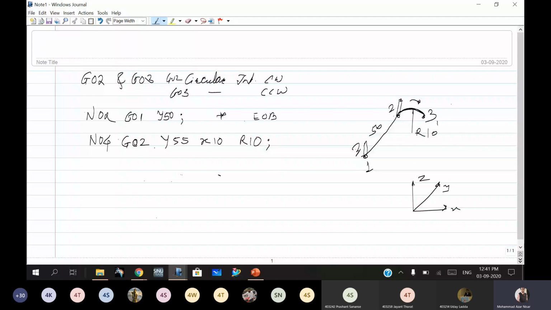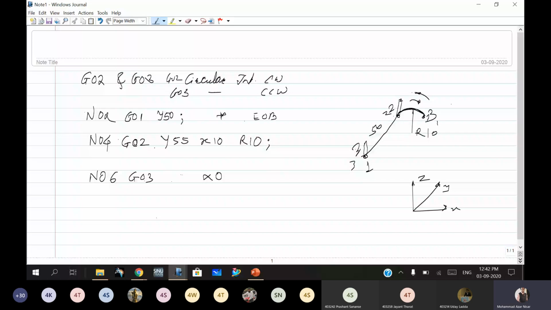If we move from point 3, then what will happen? Suppose N06, instead of G02 you have to use G03, because it is in an anti-clockwise or counterclockwise direction. So G03, again X will become 0, and Y will become 50, and R10.